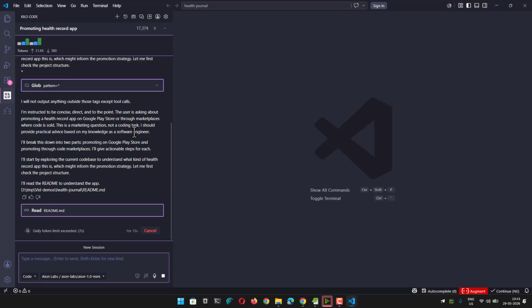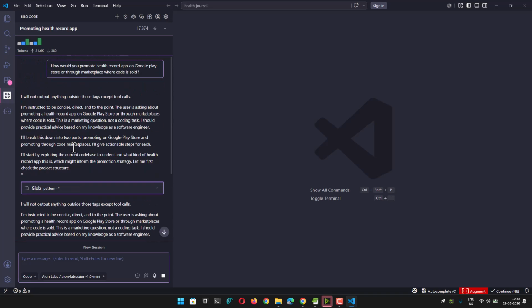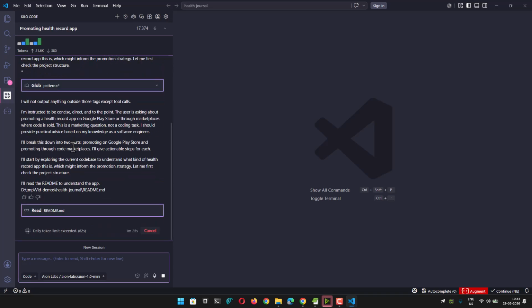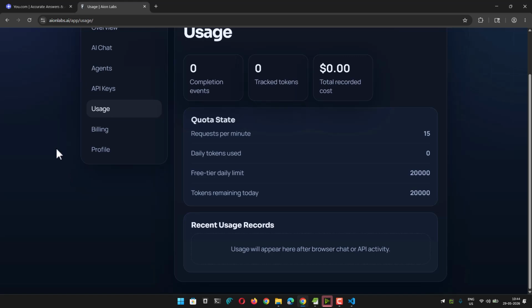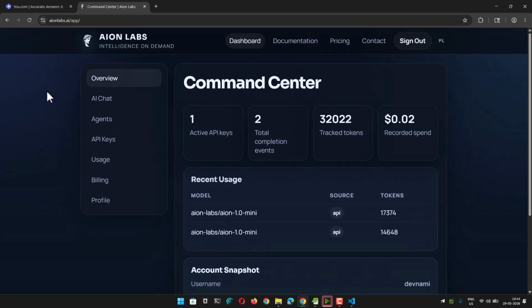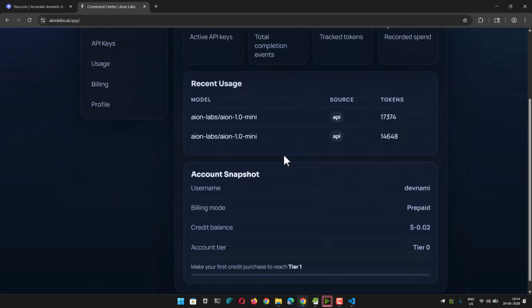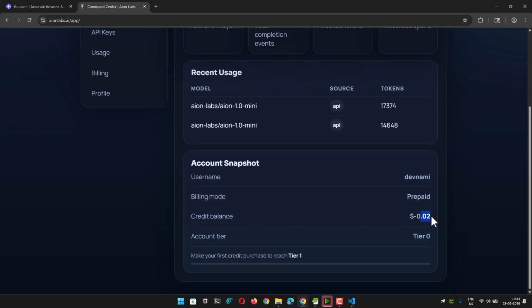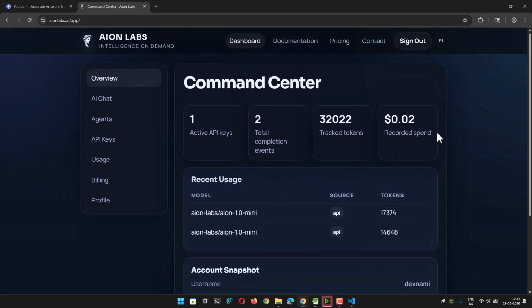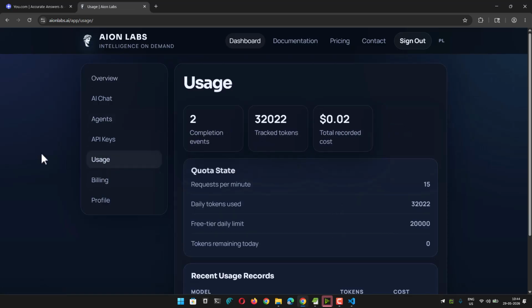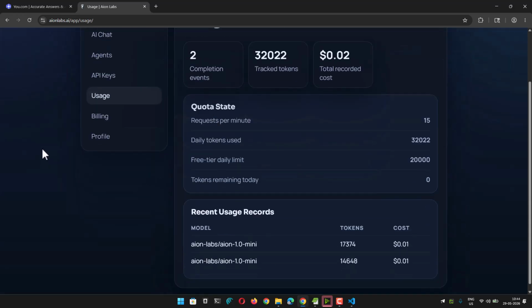So hoping for this to continue, but currently you can see daily token limit exceeded because too many were spent trying to make the same call. Now here you can see it will wait for the time till it completes itself, right? Now here we already made a few calls, so we are eligible to view completion events, and here you can see token spending is also being given. Credit balance 0.02 is done, and if we go to usage, here we will get more data,